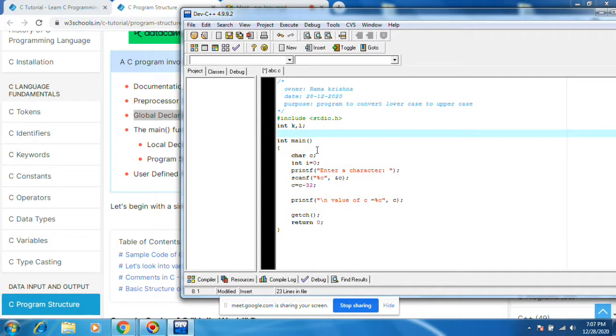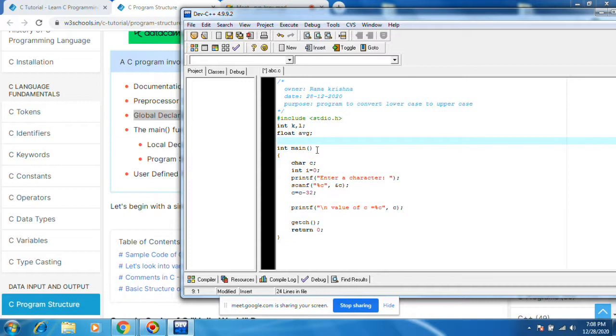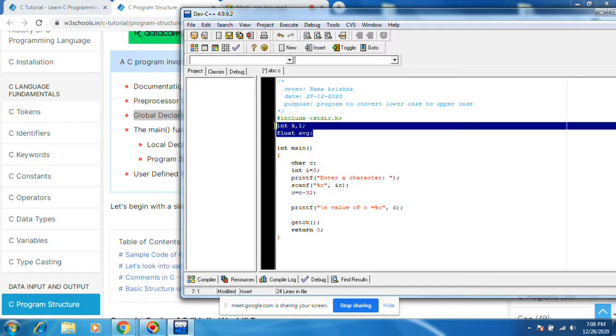If you write int or char or double or float, anything, float average, whatever it may be, you can put. This is called global declaration section.